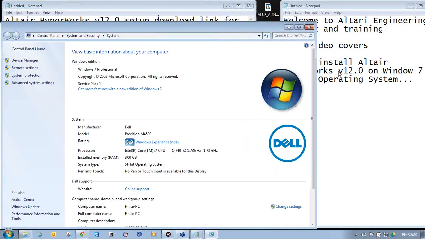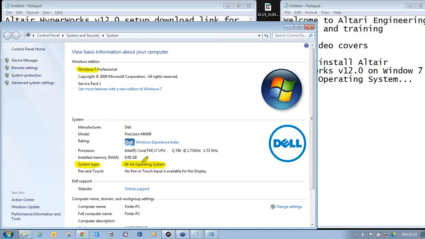On the System Type panel, you will find the operating system. So in my machine I have Windows 7 64-bit operating system.